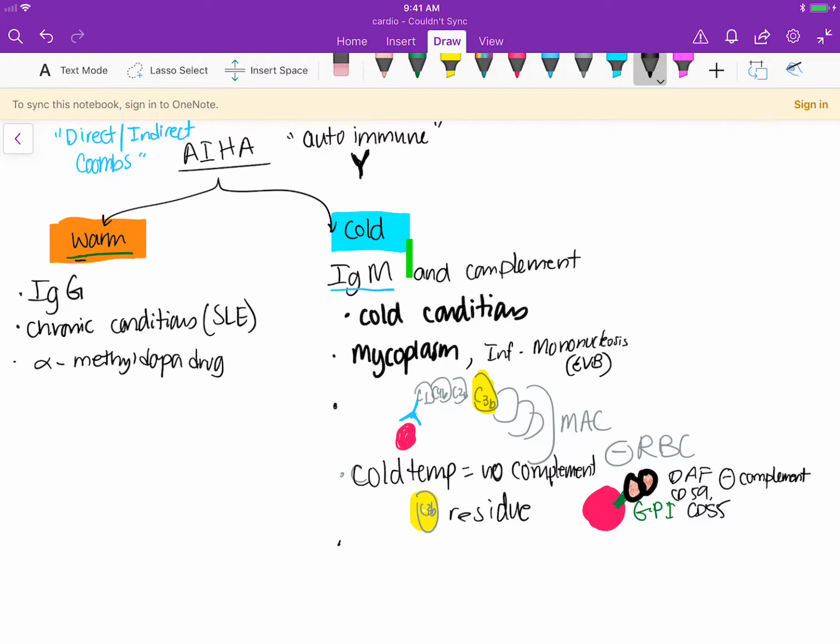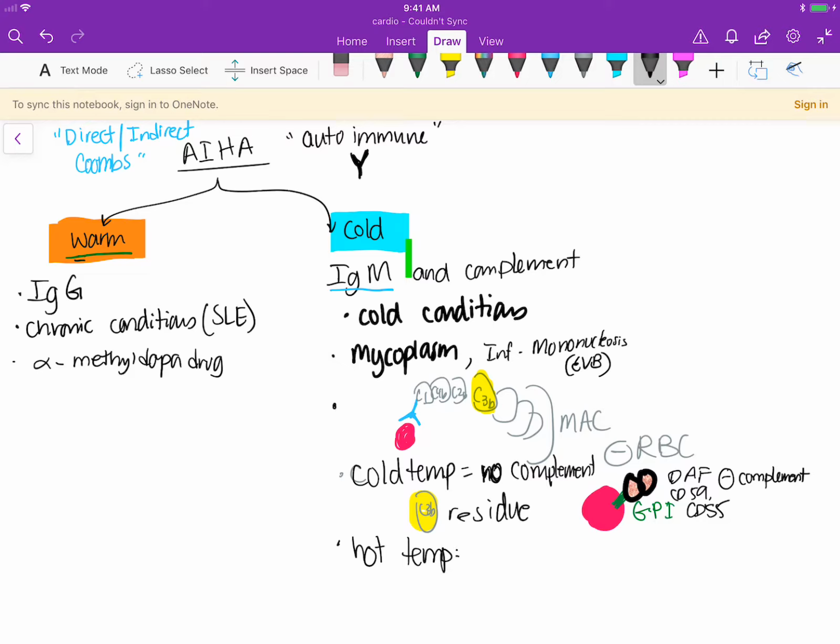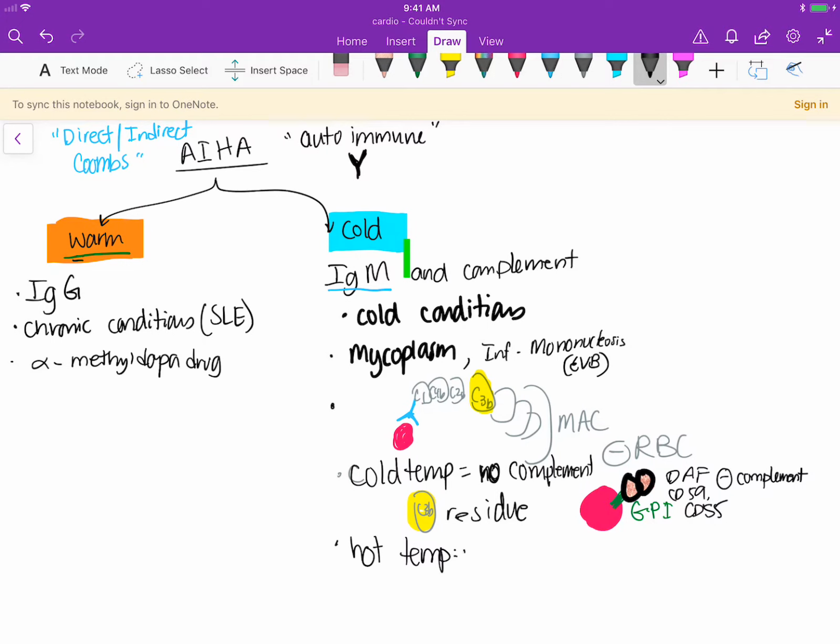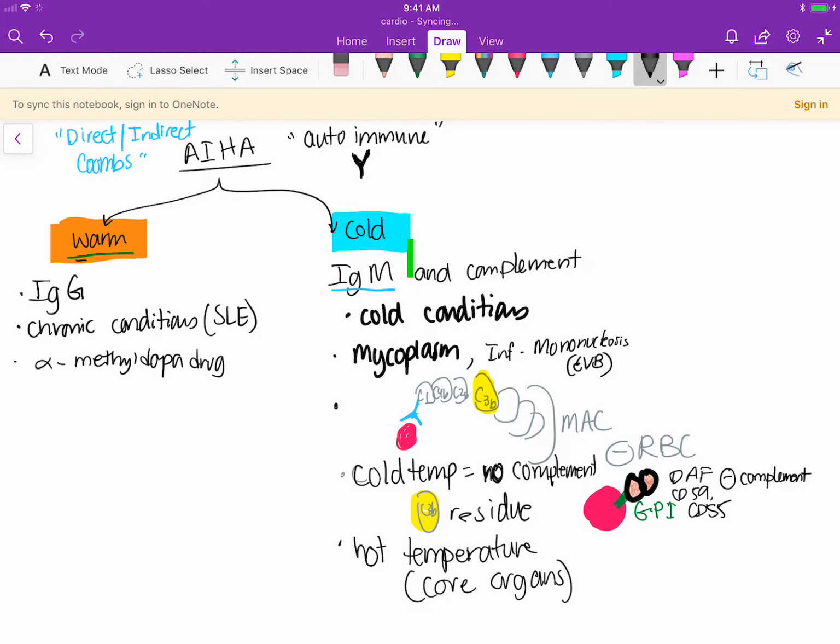So the thing to remember is that in cold temperatures, IgM is bound to your red blood cells and it's inactivating the complement. However, when you get hot temperatures, such as the core temperature, remember the blood is circulating around your body, and when it goes to your core, which is always going to be warmer, IgM falls off, and C3b triggers